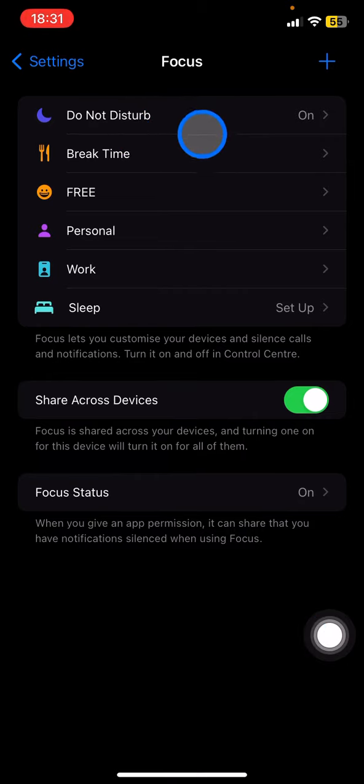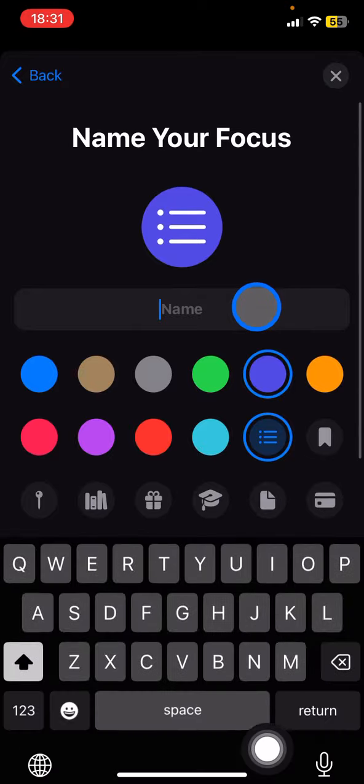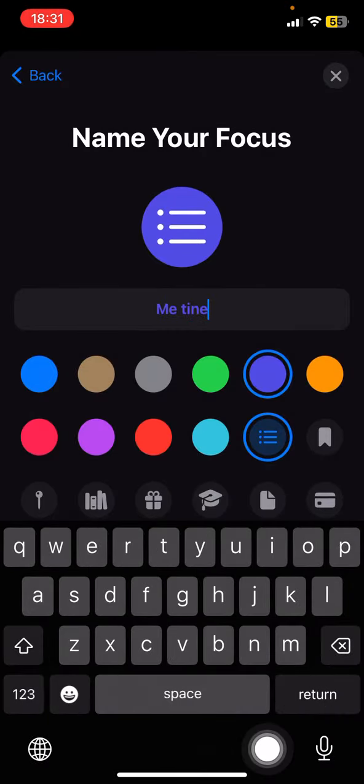If you want to have your own customized Focus, you can click this plus button, and you can click Custom, or there are also some recommendations already given by the iPhone. If you want to customize, just click Custom. And here, let's say you want to have a me time, so you want